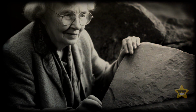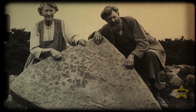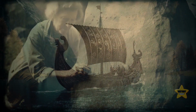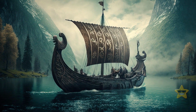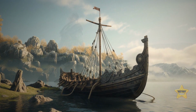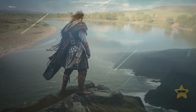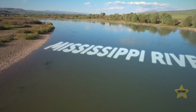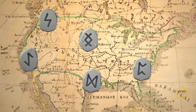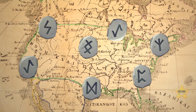During her professional life, Gloria collaborated with specialists in Norse history, geology, and epigraphy. She collected evidence that backed up her theory that Vikings had explored North America and could have easily navigated shallow rivers and creeks in their longboats. Though it may seem unlikely, it's not impossible that Vikings once sailed down the Mississippi River. In fact, Viking runestones have been found in various places all over North America, including Minnesota and Maine. In Oklahoma,